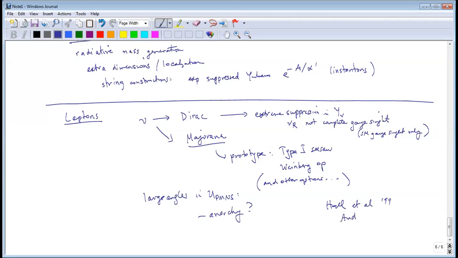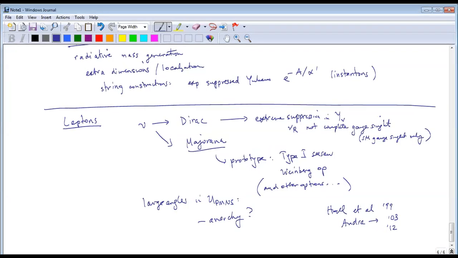And Andre has written many important papers on this topic, including some very impactful ones, both in 2003 and 2012, when the reactor angle is measured right up close to the bound. So it sort of means this hypothesis got some legs. Whereas if θ13 was very, very small, it would be harder to imagine there's no structure whatsoever. Okay, so